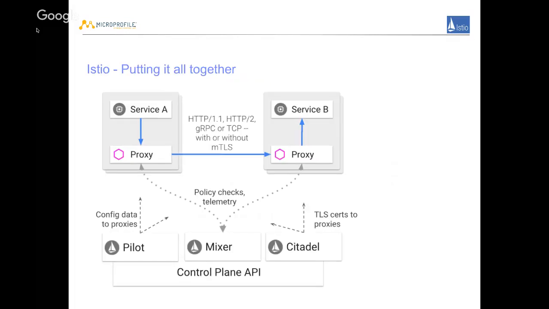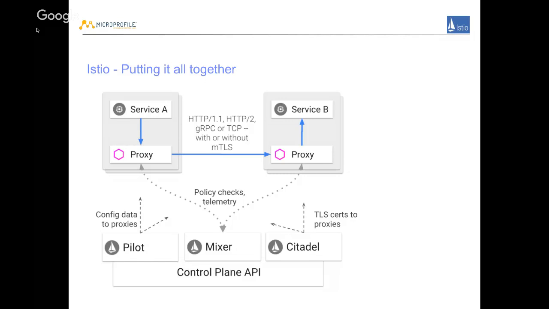Let's have a quick overview of Istio. Basically, if you try to understand Istio, you just think about Istio having two parts. One is the data plane on the top. Basically, you have the sidecar proxy together with your microservices. So when one microservice, like in this example, service A, calls into service B, you do not directly go to the service B endpoint.